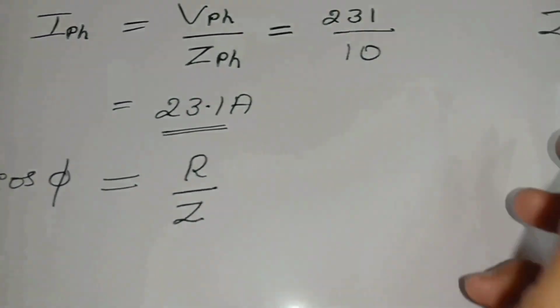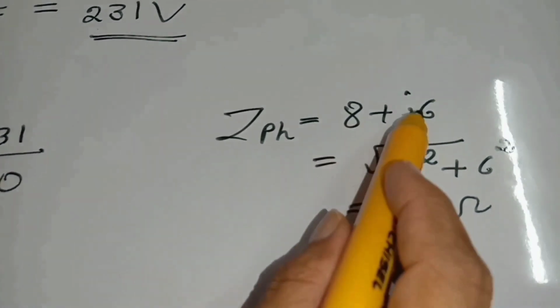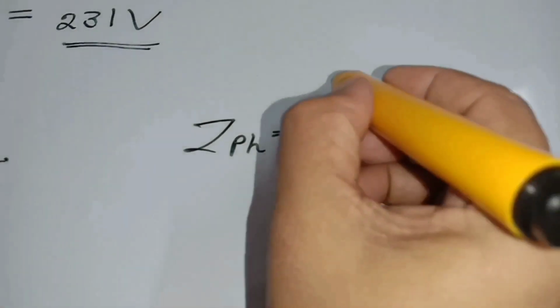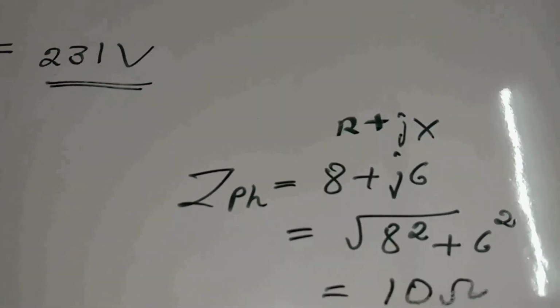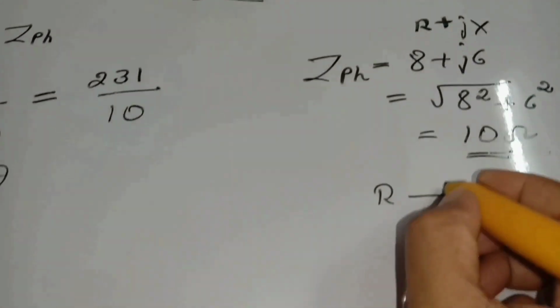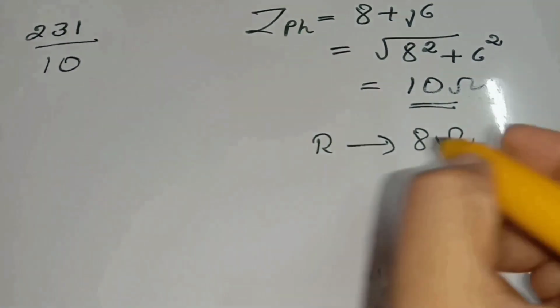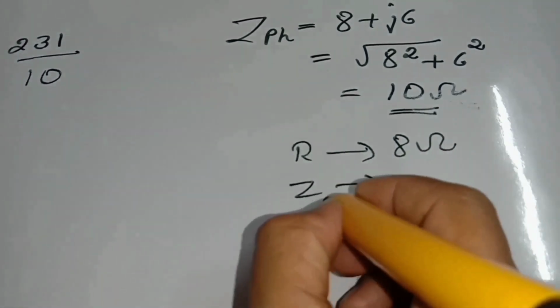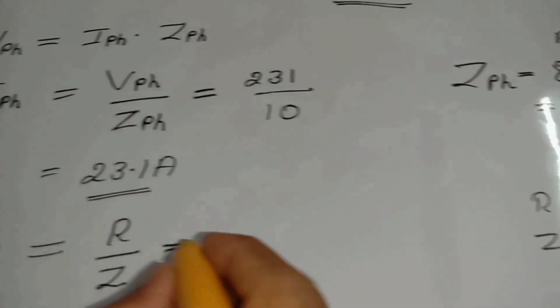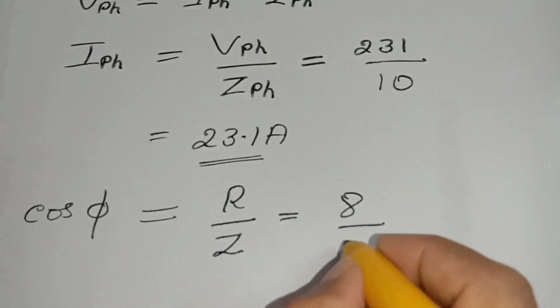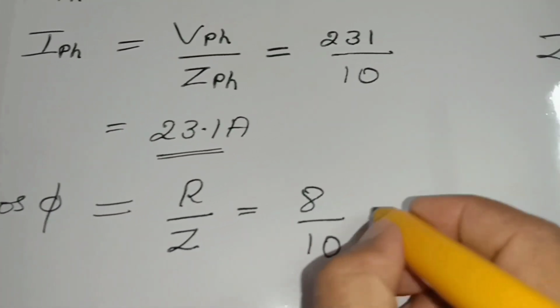Normally, if we see here ZPH 8 plus J6, it is in the form of R plus JX. So R corresponds to 8 ohm and Z phase corresponds to 10 ohm. So you just substitute here R is equal to 8, Z is equal to 10,